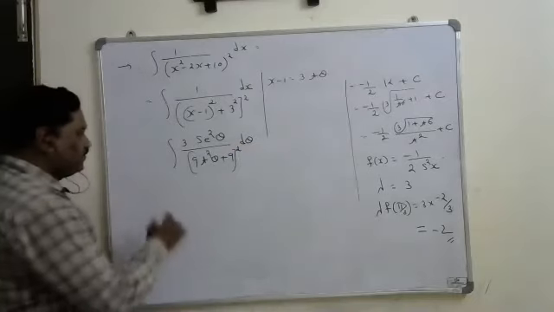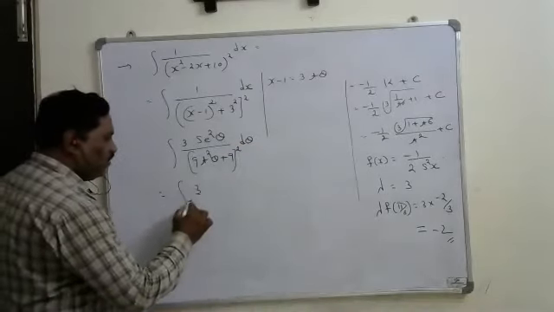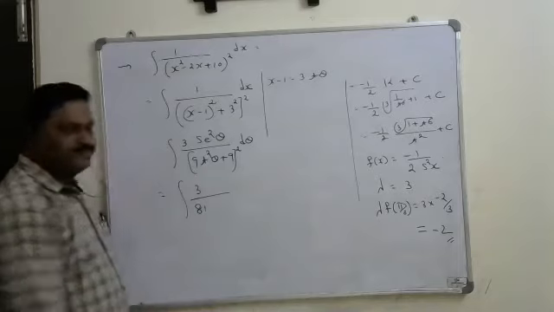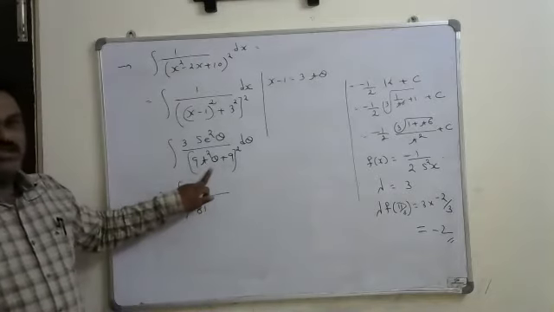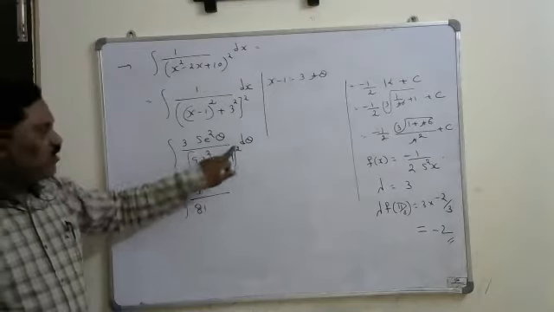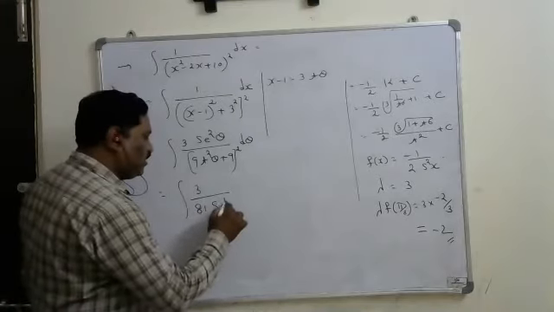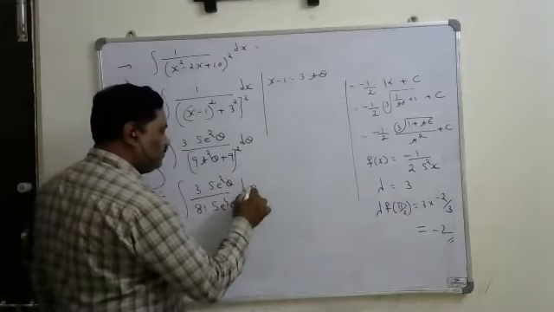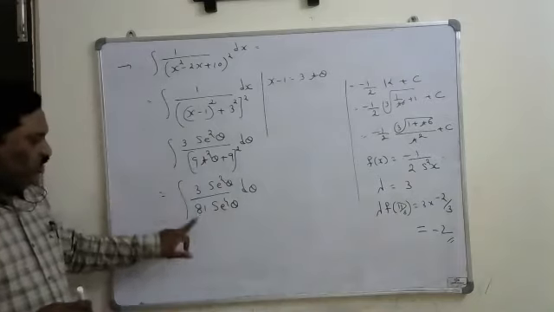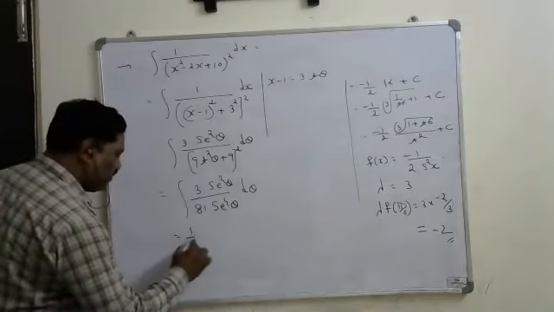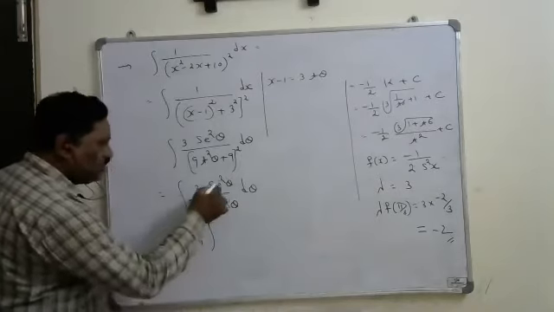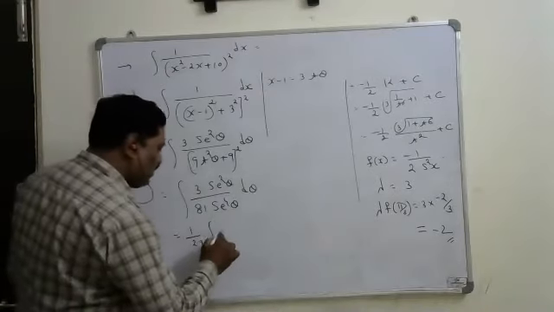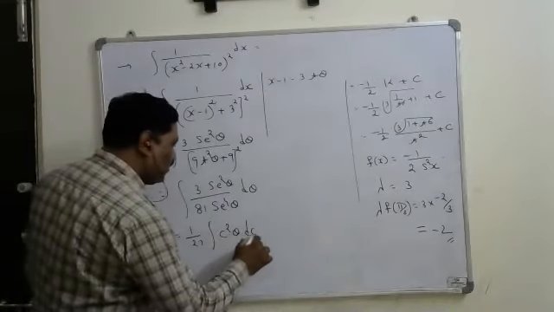Now it is integral 3 upon, from these two take the 9 common, 9 square means 81 will come out. Remaining is 1 plus tan square theta, which is secant square theta, whole square means secant power 4 theta. And here secant square theta will be there, d theta. Now 3 and 27 get cancelled, means we have 1 by 27, and here secant square theta gets cancelled, remaining is 1 by secant square theta. 1 by secant square theta means we can write cos square theta d theta.